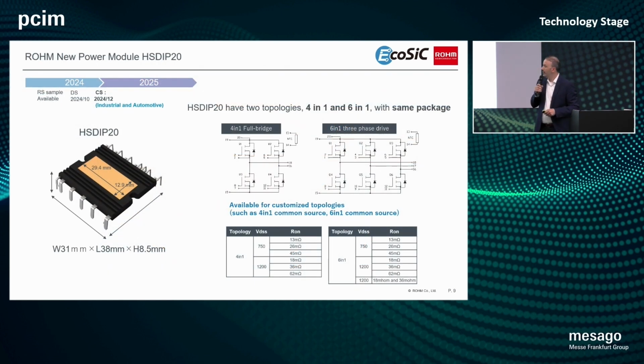A new power module here, the HS dip. It's mass-produced today. We finalized the qualification with this one with a little bit higher power, so it's fit for onboard charger application, for example, and here with a different type of topologies which can be integrated in the same